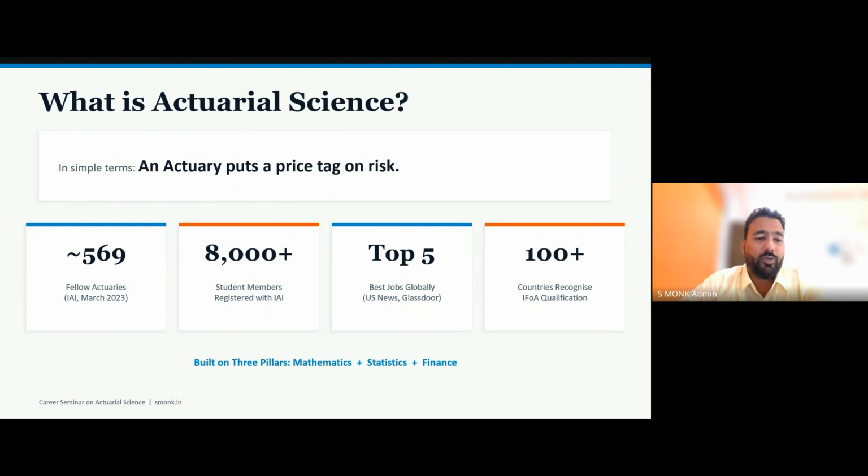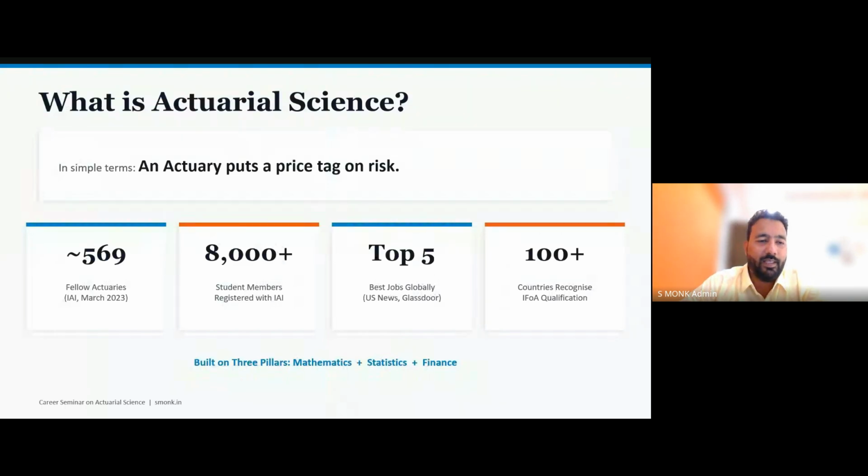There are about 8,000 student members who are registered with the Indian Institute, and approximately similar or more number registered with the IFOA, maybe about 10,000. So there are about 15 to 18,000 students actively writing the exams. But the dropout rate is very high. Many students won't end up getting the right kind of guidance in this course, and this course requires a lot of commitment, a lot of resilience, a lot of hard work, and a lot of guidance, at least to start with